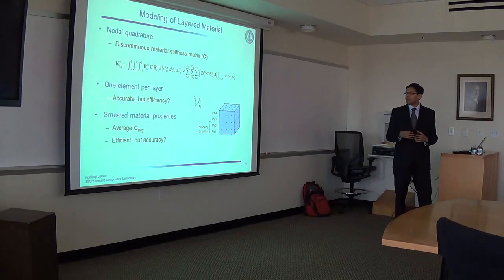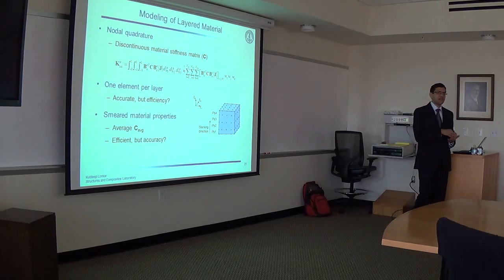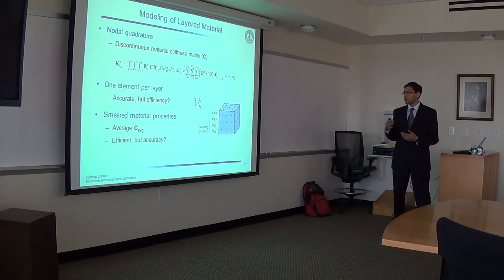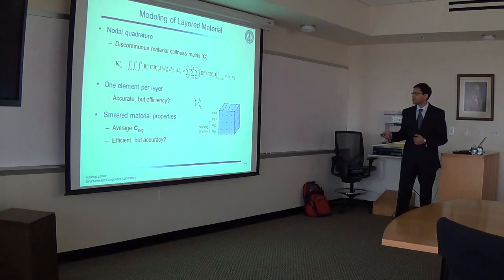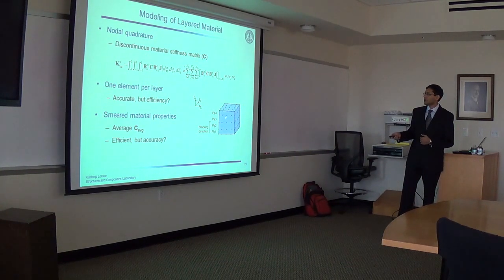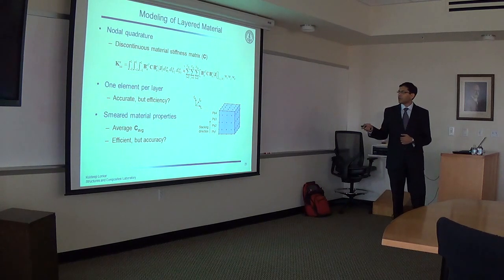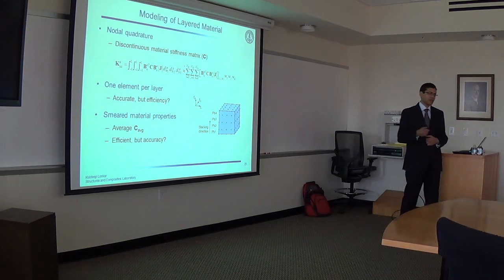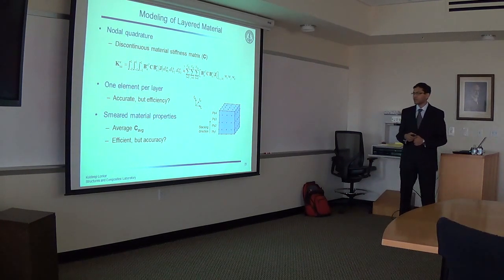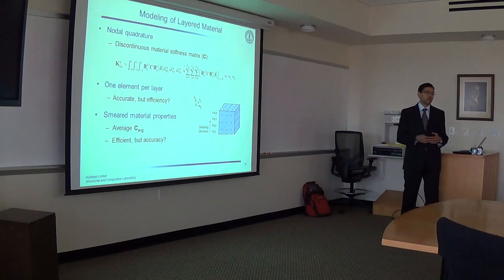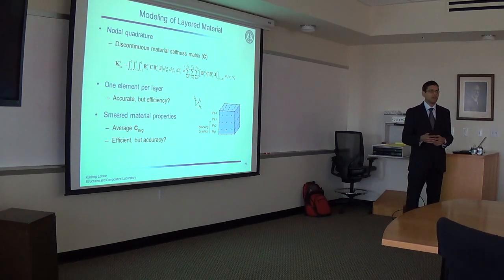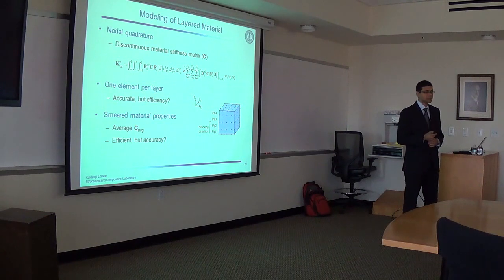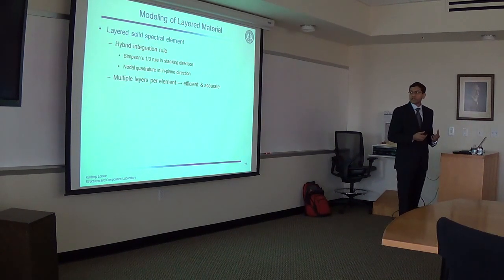So what's usually done is all these layers are homogenized and the smeared material properties are used. So now the average C is constant in the element, and we can use nodal quadrature for integration. Now this is efficient, but for wave propagation simulations, it doesn't give us accurate results, as I'll demonstrate later. So to overcome this challenge,